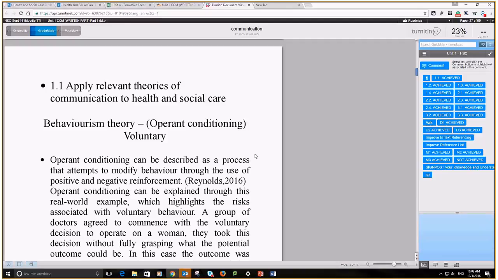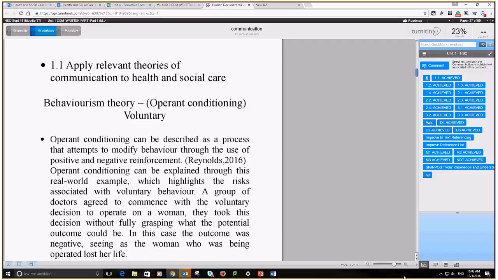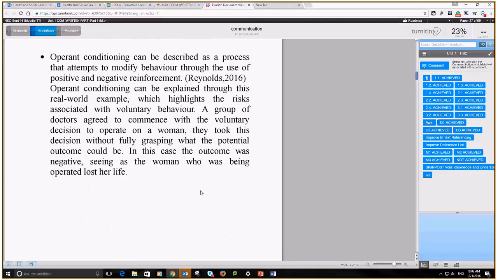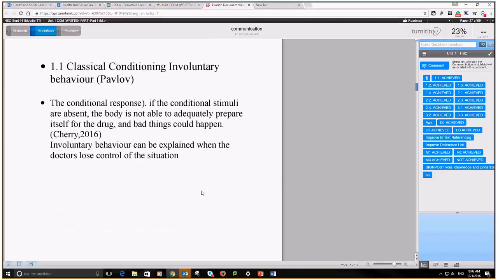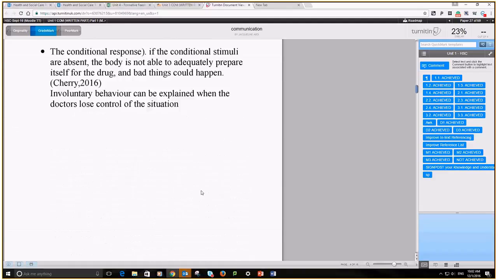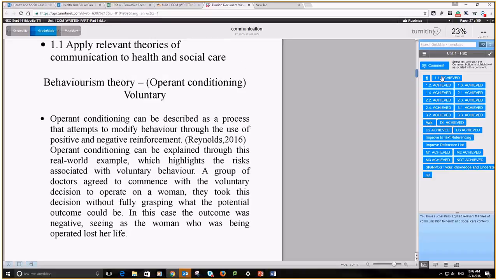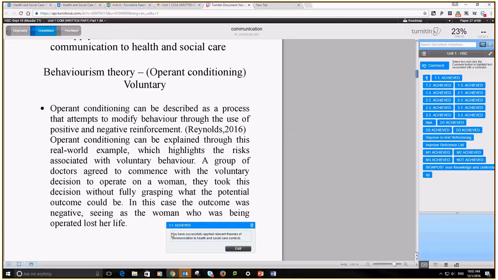Let me give you an example. For instance, you're looking at 1.1, what students have done for 1.1. You read what they've written for this, you go through their work, and you make a judgment. Have they done well? Have they not done well? And you will then say, well, I think they have achieved 1.1. So you drag and drop 1.1 here. It's pre-populated, so it actually says you have successfully applied relevant theories of communication to health and